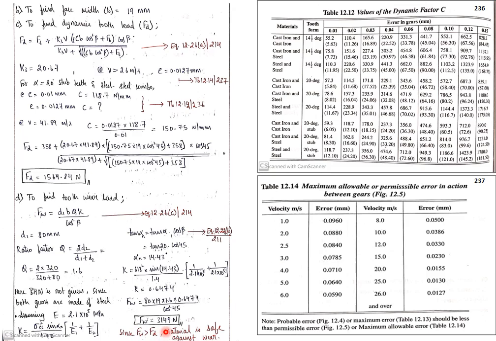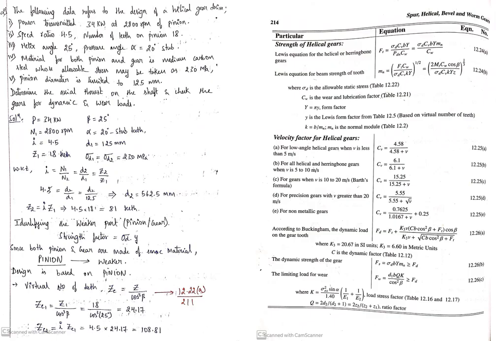So what happens if it is less than the dynamic tooth load? Then you need to change the Brinell hardness, and you need to change the value of K, and again modify the hardness numbers. In this problem, where your wear load is greater than the dynamic tooth load, your material will remain safe against wear. So this completes the problem. A similar problem we shall try in the next problem, and I'll be explaining the important concepts for that.